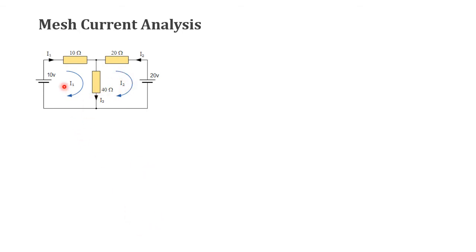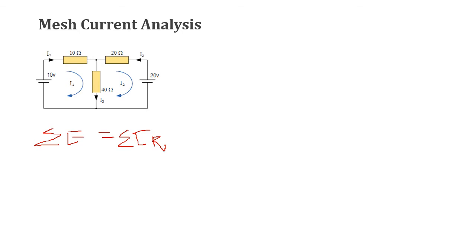Here I am going to apply the loop equation again. There are two meshes, or two closed loop paths. The loop equation is sigma E equals sigma IR, or we can use sigma E minus sigma IR equals 0. Whatever it is, we can use both equations. For simplification, I am going to use sigma E equals sigma IR.